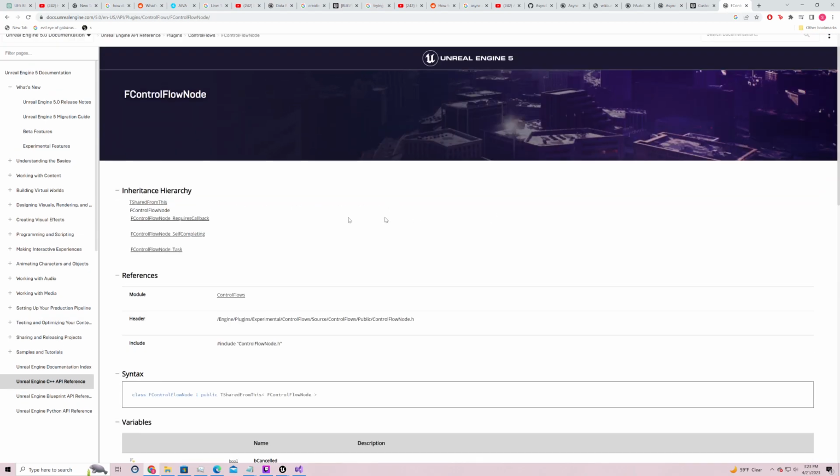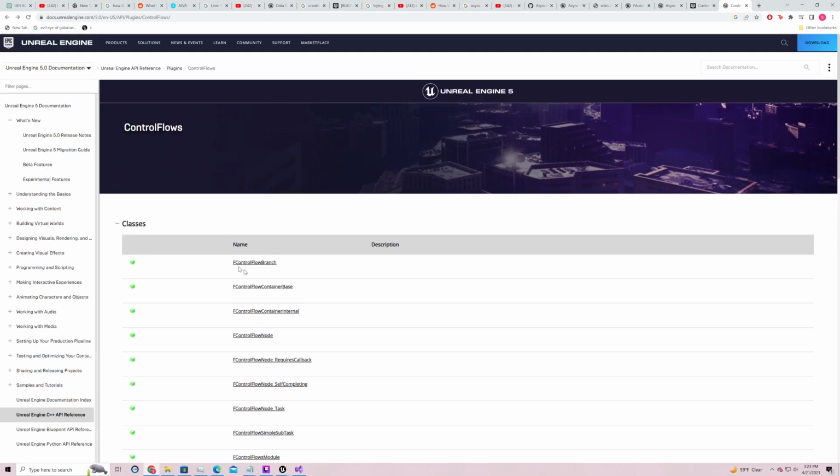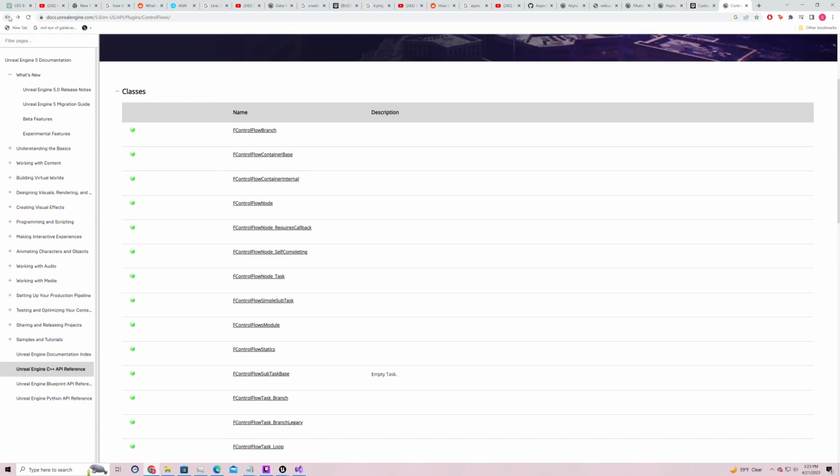This stuff is what I was talking about. Like, there's this whole control flow module, but it doesn't tell you how to use it.